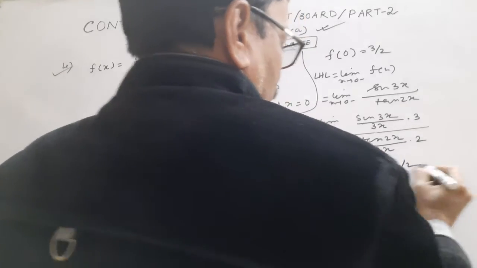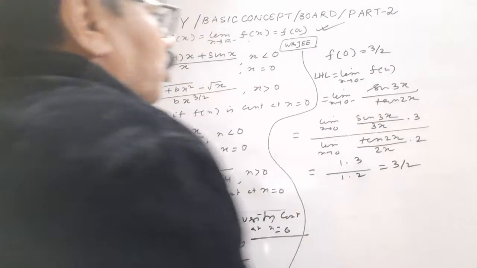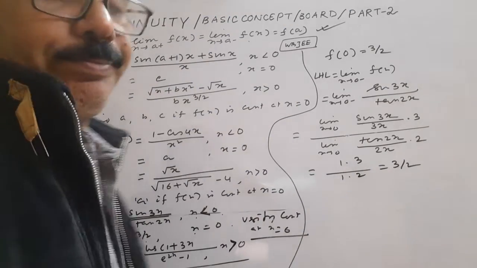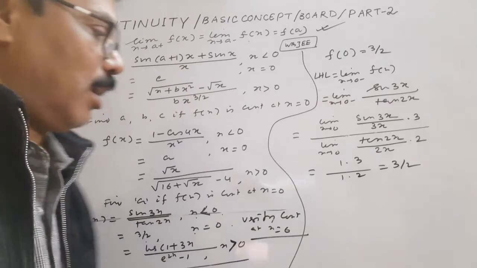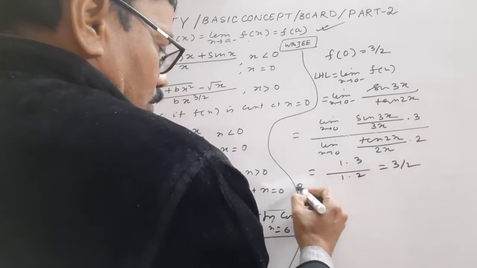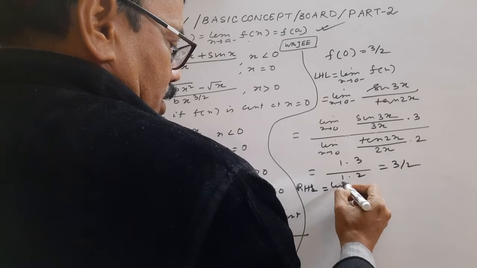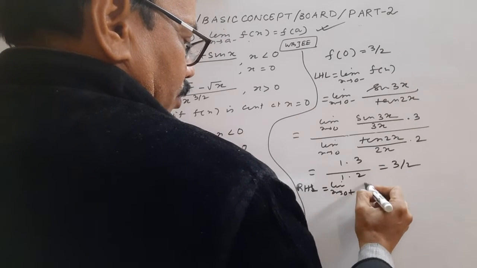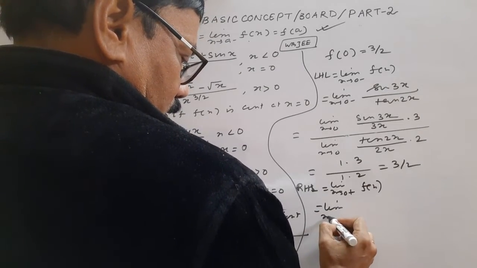So what is the left hand limit? Left hand limit is 3 by 2. Now f(0) is also 3 by 2. They are the same. Now we have to verify the right hand limit. So right hand limit equals limit x tends to 0 plus f(x). So for 0 plus,